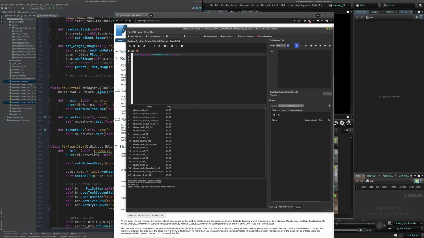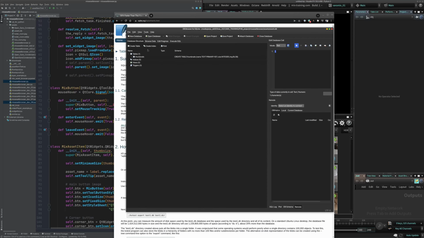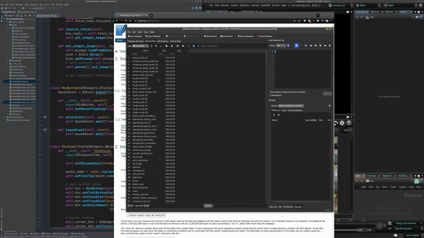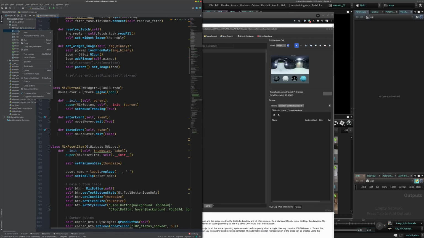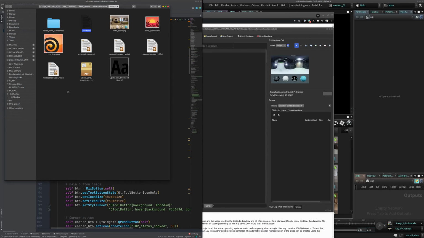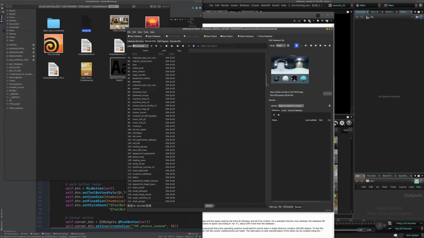But you can see I have the database here at the moment. You just have one table with a name, size, and an image. And you can see here's the assets, and it has a name, a size, and an image. And you can see the image is stored here. So the image is actually stored in the database. And how big is this database right now? Let's see. Opening files, how big that is: 72 megabytes. It's okay. I mean, that's all the assets from the website at 256. That's 507 assets. I think it's fine. I mean, it's local, so it's not gonna be